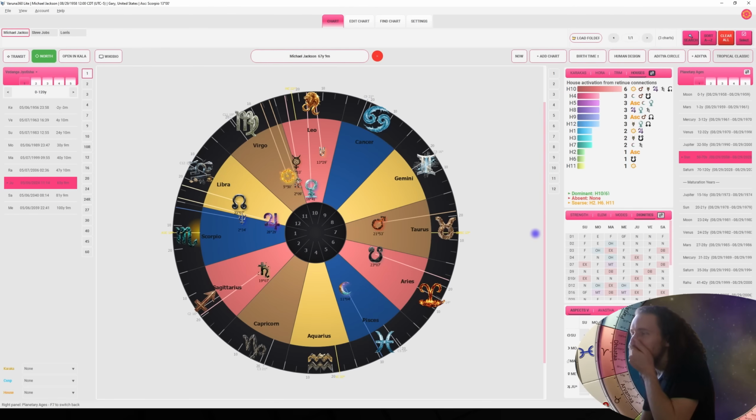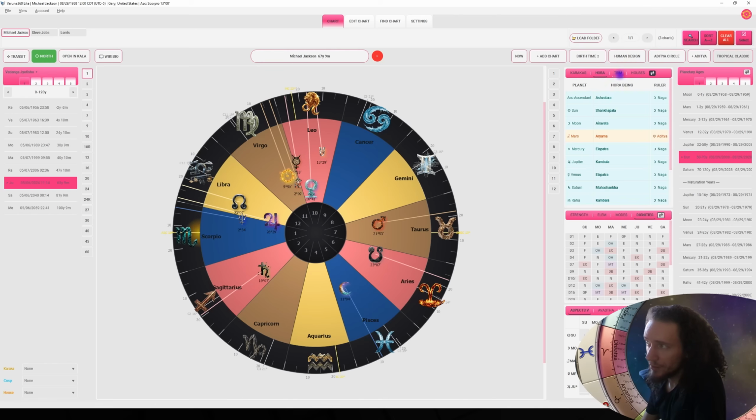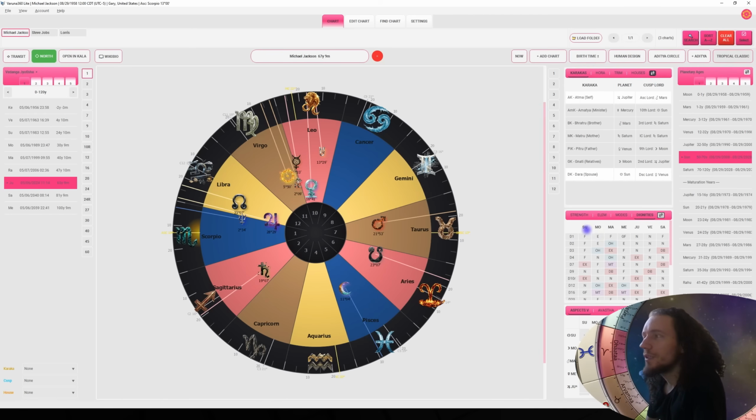And so, what I'm going to present next. You have here the panels which give information. So here we have the Karaka, planets, Cusp Toggle, etc. I wanted to say also that this software, and I should have started by that, is meant to be used by multiple groups of astrologers. So